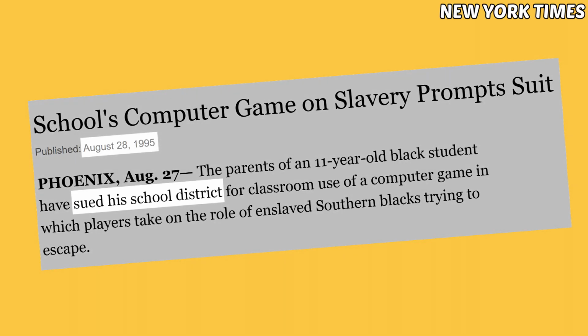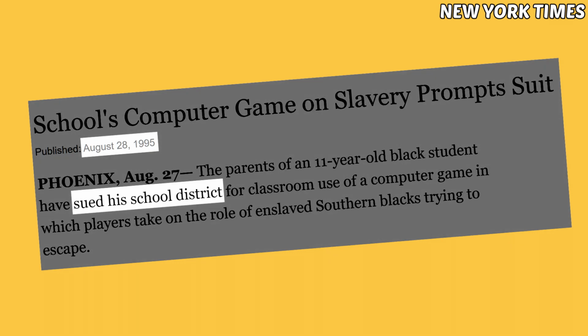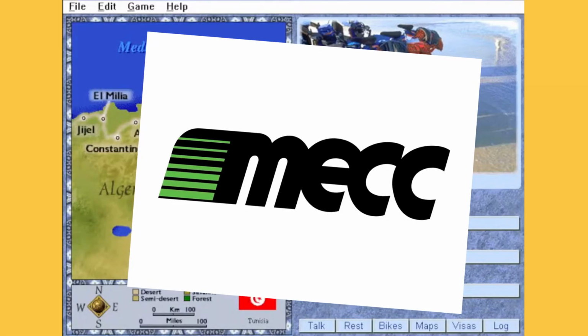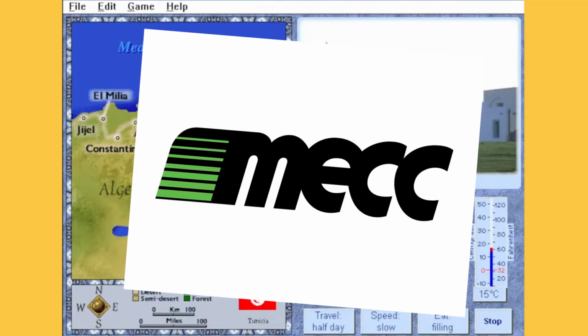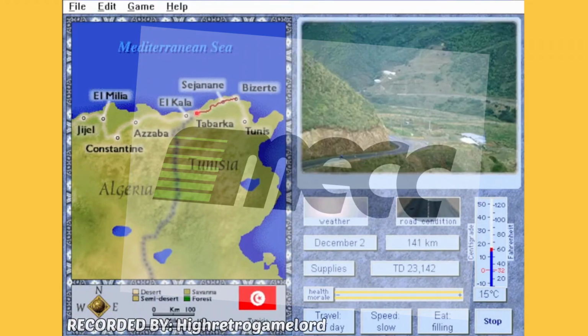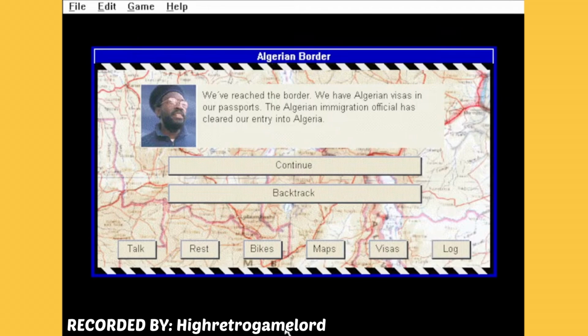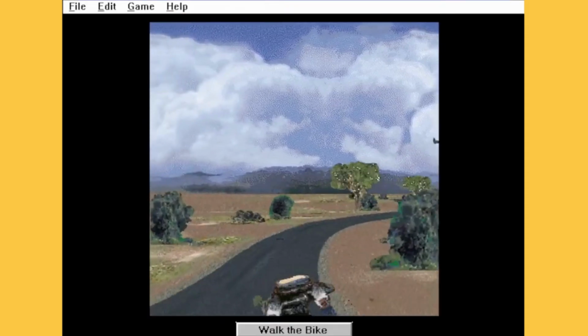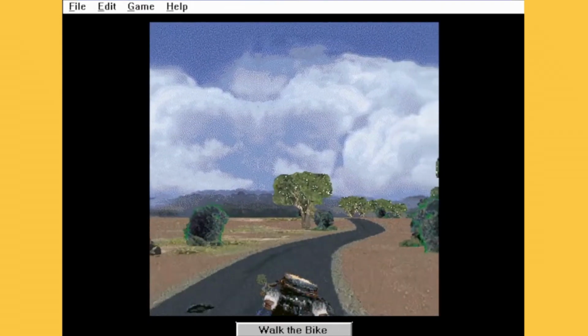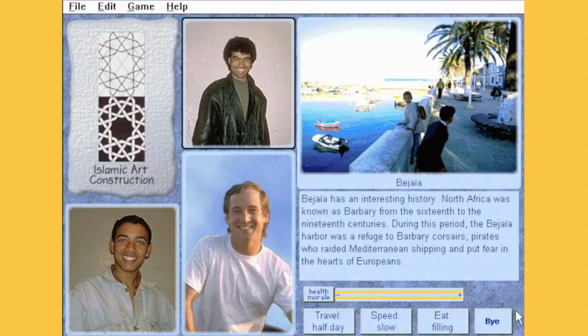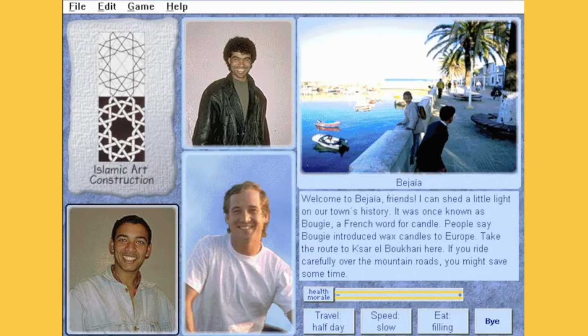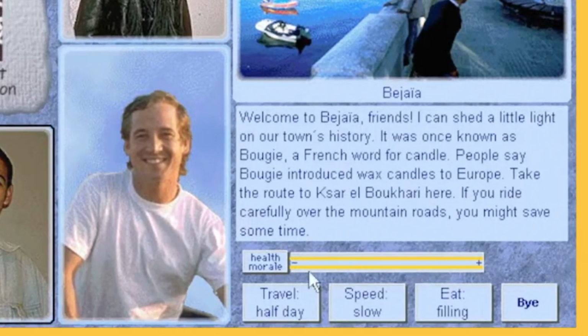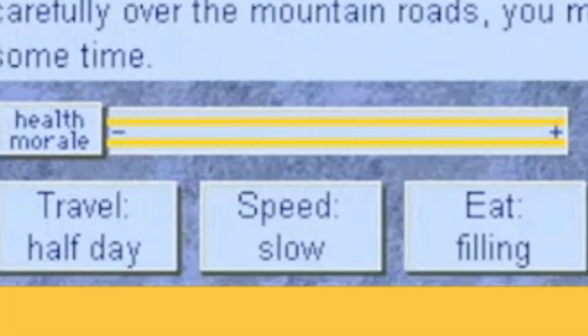Like I said, they avoided further headaches. Mech also did their best to prevent any future headaches from occurring via their future titles, especially when crafting their millionth spin-off of Oregon Trail a few years later, which has players go on a 12,000-mile bike trek from northern Africa to southern Africa, and learning about the varied cultures and history that each country there has to offer along the way, while maintaining their team's strength and health and morale and kidney stones or something.